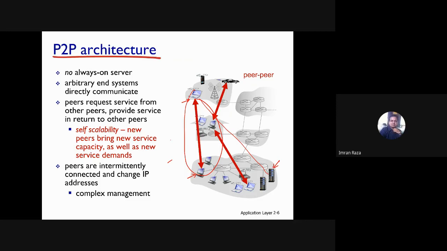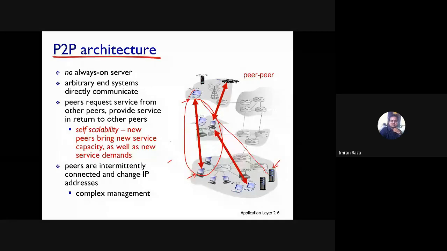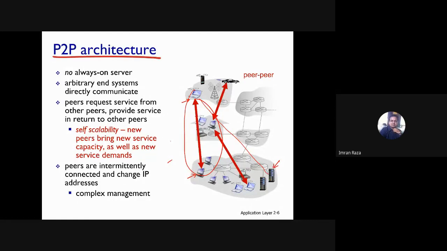So if we talk about the most popular and traffic-intensive applications, these are based on peer-to-peer architectures. So what do these applications include? These applications include file sharing applications such as BitTorrent.